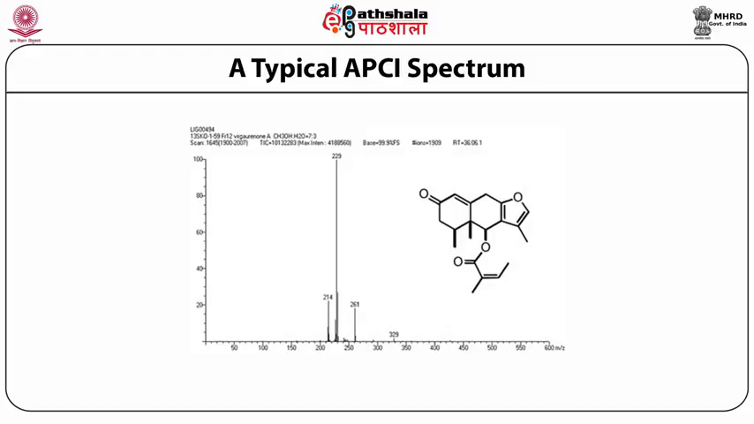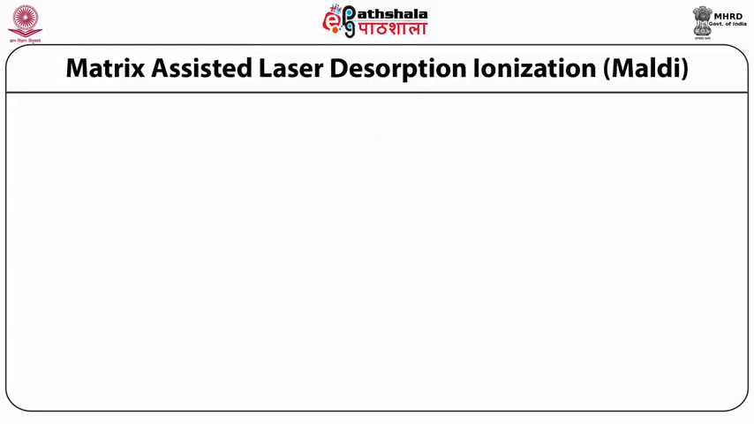So you can see that a molecular ion, or pseudomolecular ion, is formed at 229, and the adduct ion is there also at 261. No fragmentation is observed. Now we are going to discuss matrix assisted laser desorption ionization, that is MALDI, which